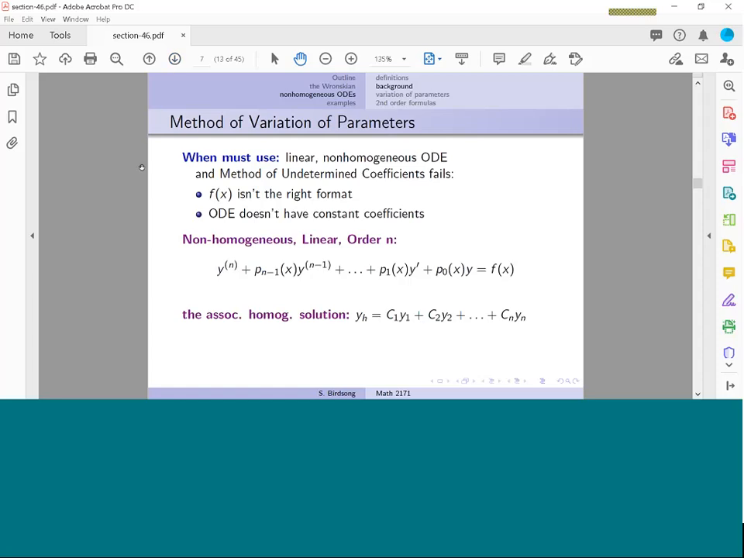So to remind ourselves, there's our non-homogeneous linear differential equation. If we pull